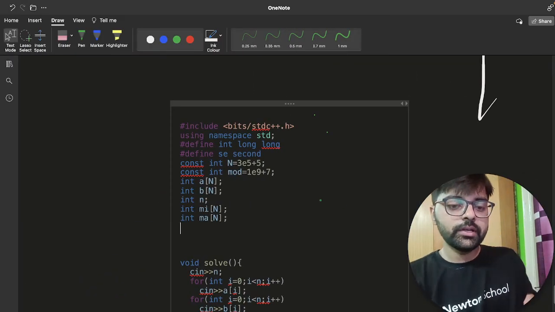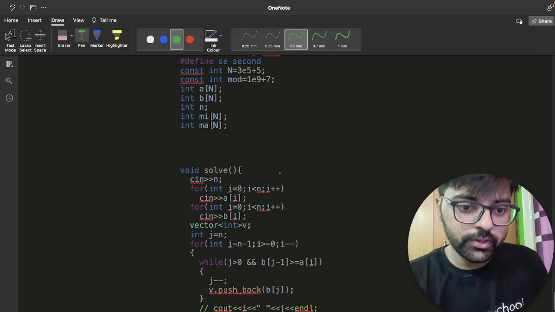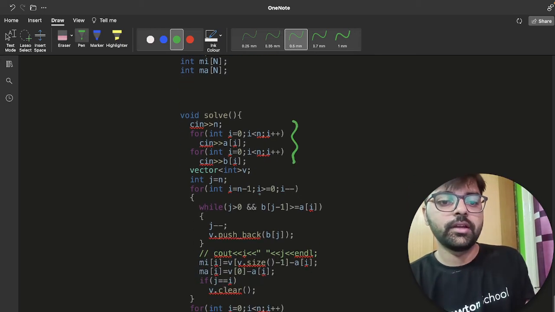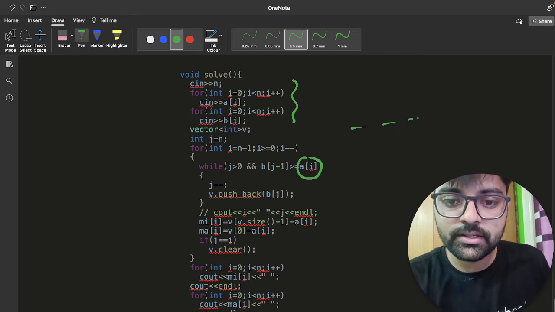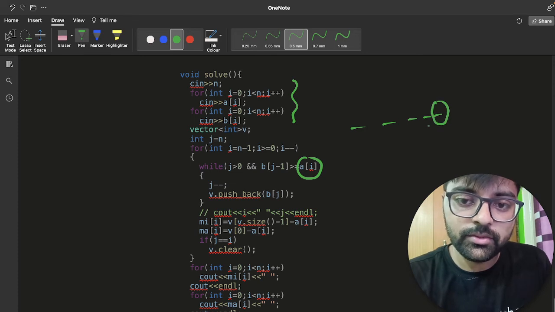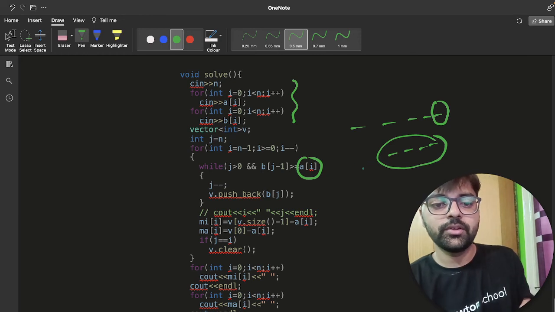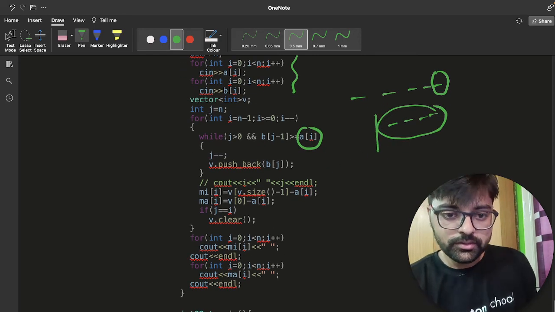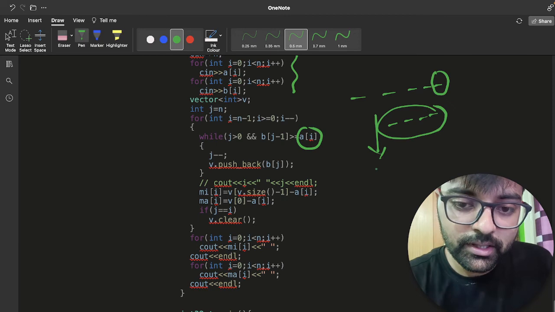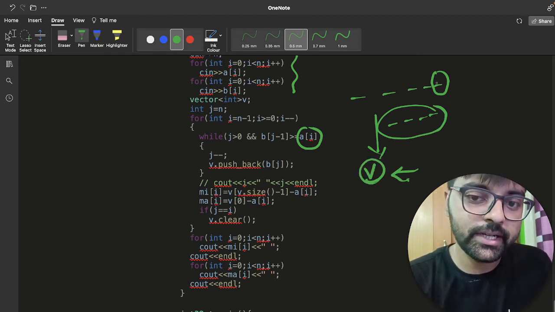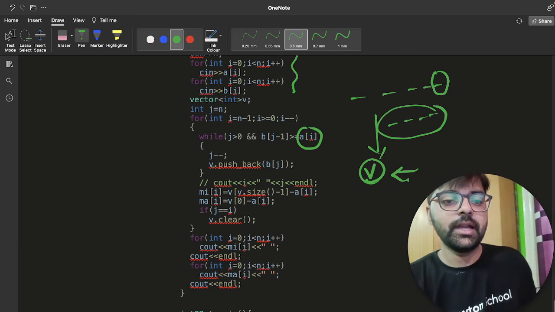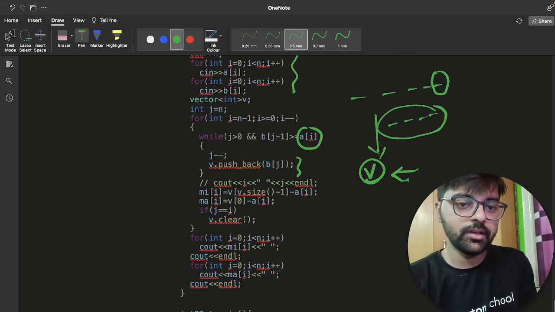So now what I am doing, I took input A[i] and B[i]. Now I am finding how many elements A[i] can take. So let's say this is the element. So it can take up to any of these 4. I am keeping a vector and I am adding in this the elements it can take from B, right? v.push_back(B). This is what I have done here.